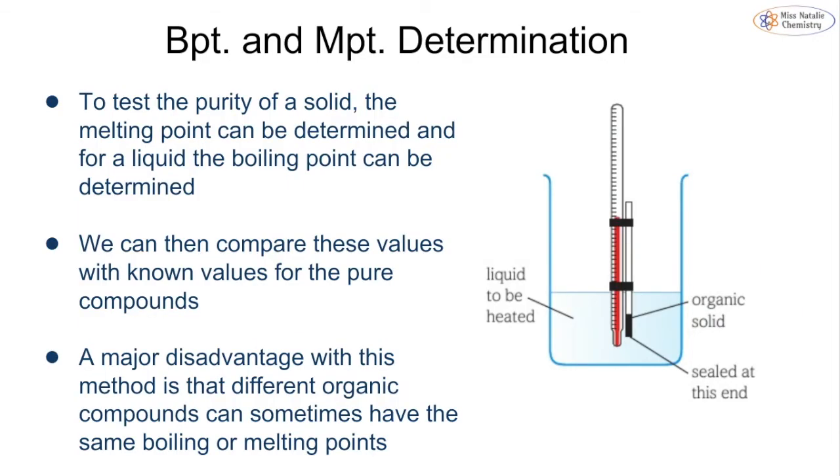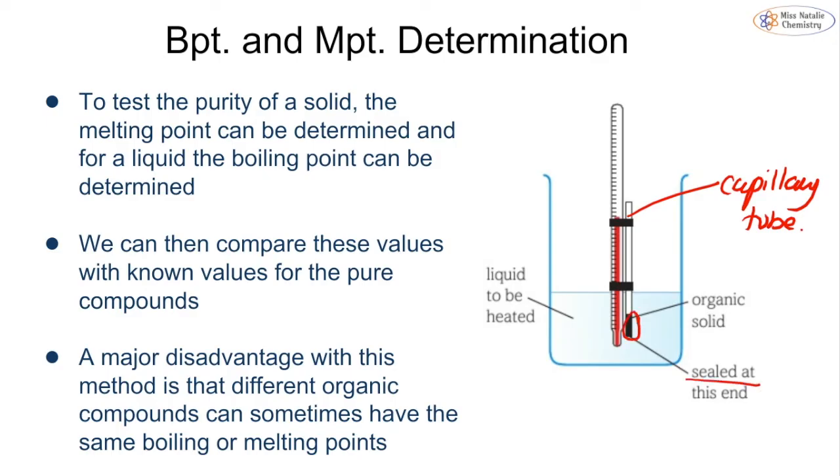So the last thing that we can do to test the purity of a solid, to make sure all of our purification techniques have worked, is we can determine the melting point for a solid, or we can look for the boiling point of a liquid. The way that we set it up is we use something called a capillary tube, which is basically just a little glass tube that has got a seal at the bottom, and we put our solid